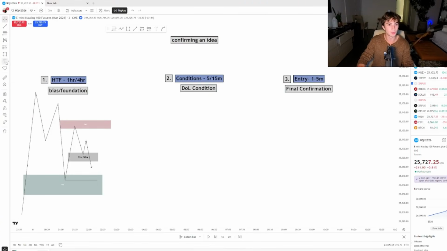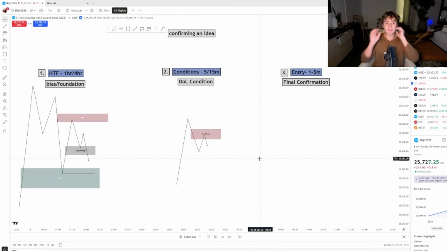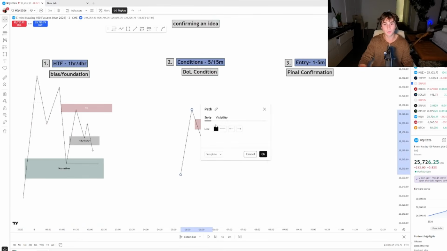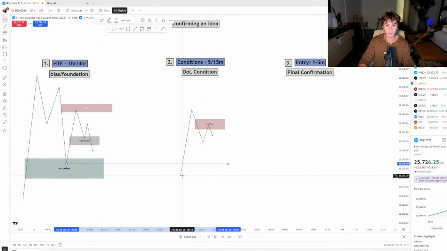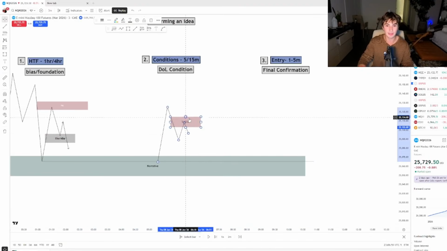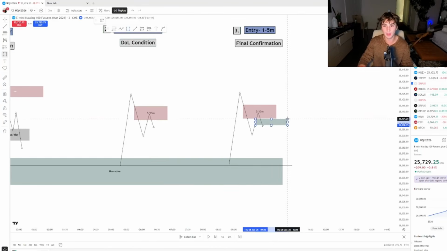So the conditions would be seeing something like, if we're bearish and we're looking to take shorts down to that low, so I'm creating the low right here, I want to see price being supported by 5 minute gaps. This is what's going to tell me if I even have the ability to take a trade down to this low. Now if we're bouncing off this 5 and 15 minute, this is what starts our assumption that price wants to go lower. So we need to see price bounce off a 5 or 15 minute. And now what we want to look for is the final step.